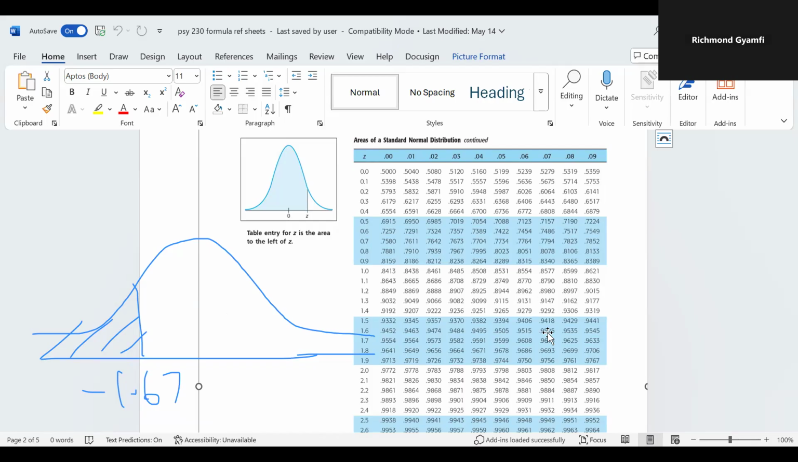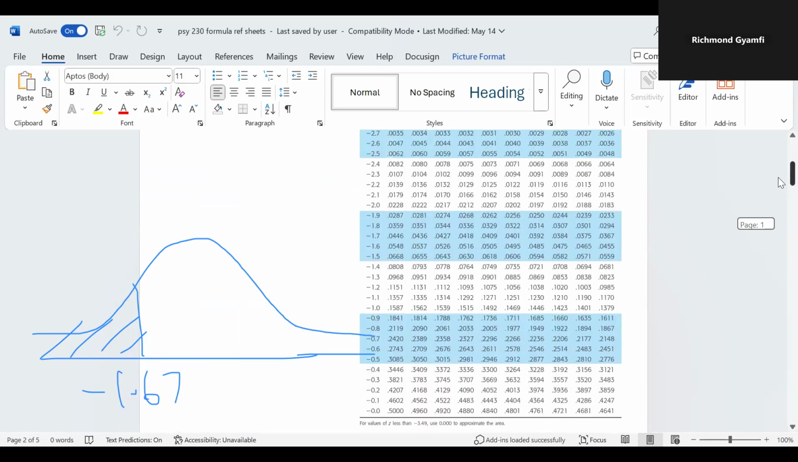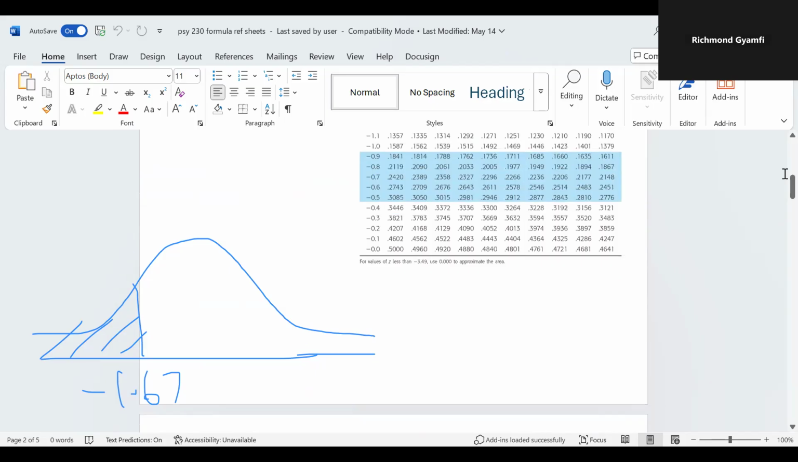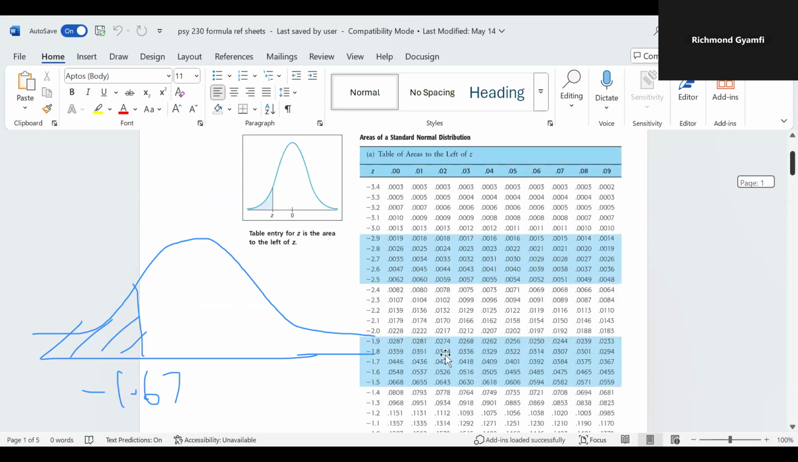What is it? Oh, yeah, this is positive. So go to the negative. Yep, this is positive. Go to the negative. 1.67. Where are you? Yep. Negative 1.67. So you have 0.07,